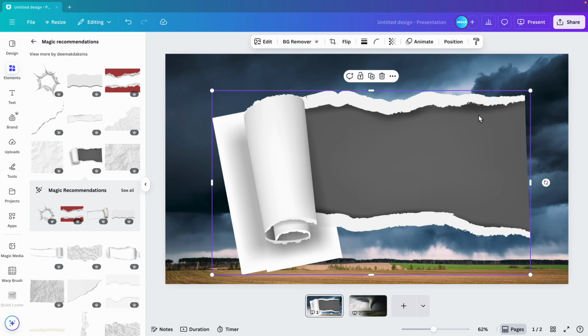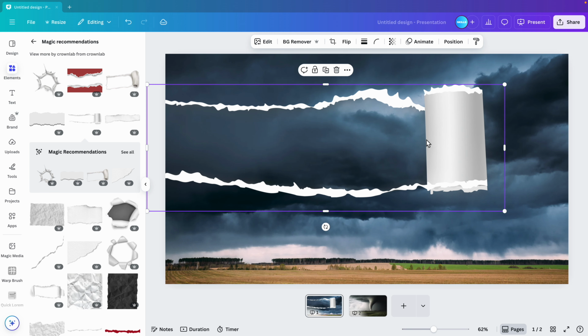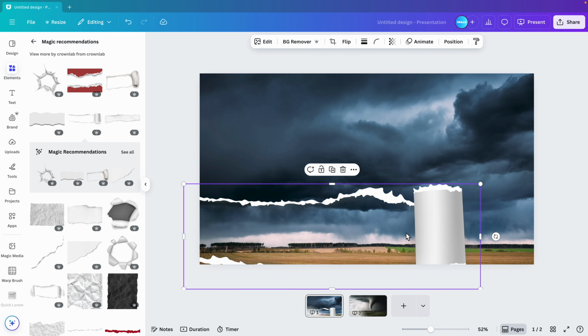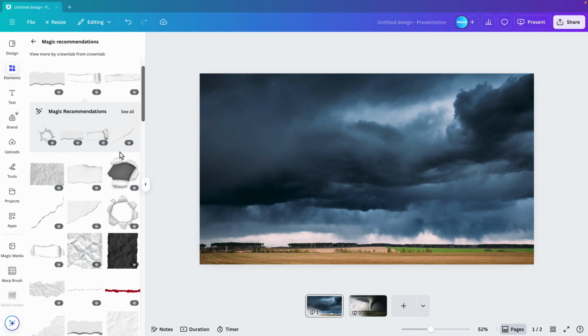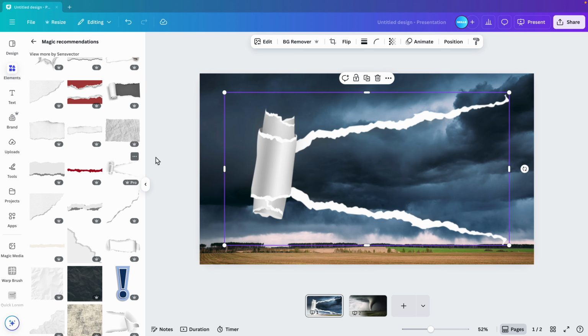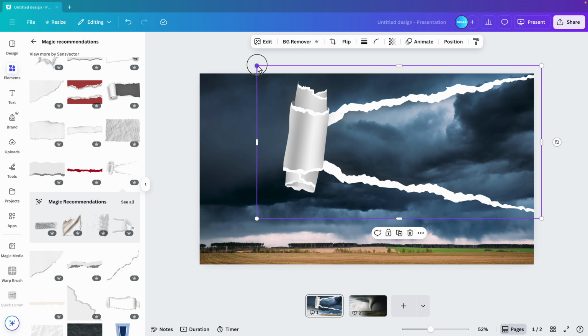You just want to have the transparent one. So this won't work quite well. We want to have, this would be good. So we have that sort of shape, but we want to have the transparent background. So that's transparent, so that's pretty good. And I'm going to use a one from Magic Recommendations. And I think this one will work quite well. So we have also a bit of an odd shape